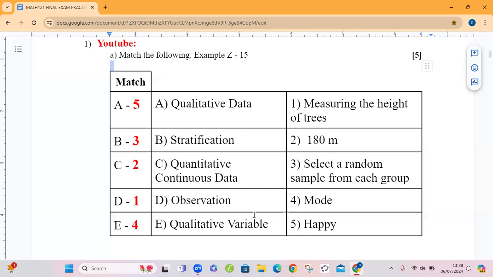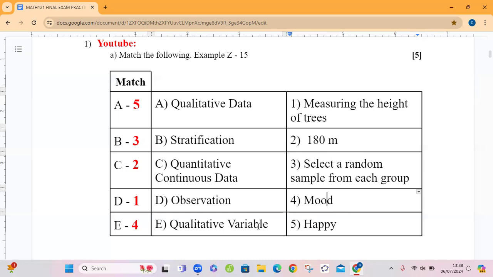Qualitative variable. The variable is a characteristic of the study object. E was matched to 4. Well, that's supposed to be mood. The mood is a variable. The mood of a person could be happy, sad, angry. So E was matched to 4. Mood is a qualitative variable